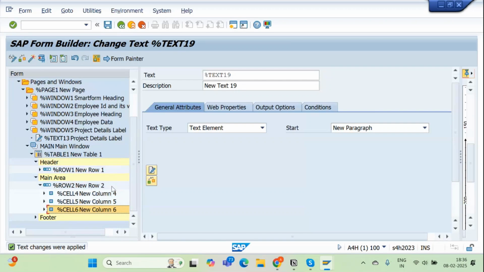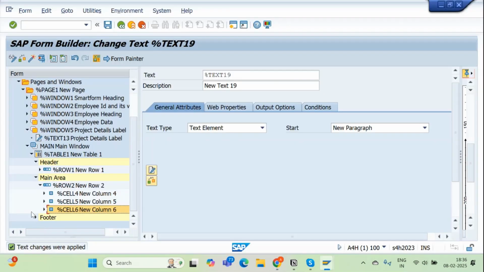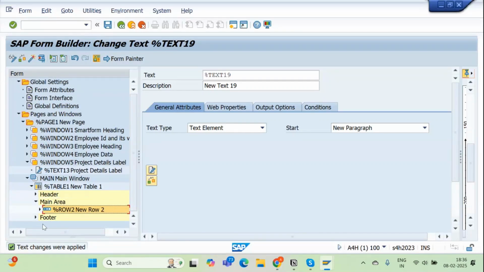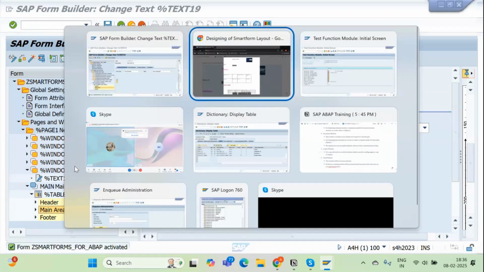Three. Now if you want something to display in footer, so footer simply means when all the rows will be displayed. If you want to display something in footer, then you can use this footer. Header is for heading, main area is for displaying the content, and footer is for giving a footer to your table section. So it's totally up to you if you want to give it or not. For now I just don't need it, so I will activate my smart form and I will go back and